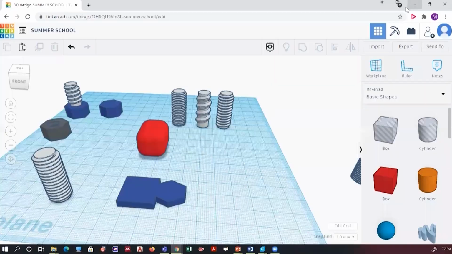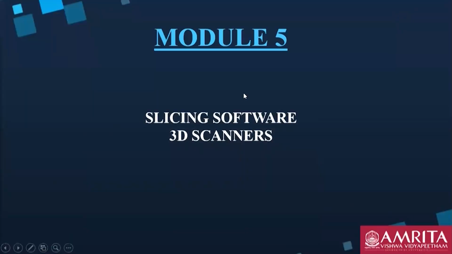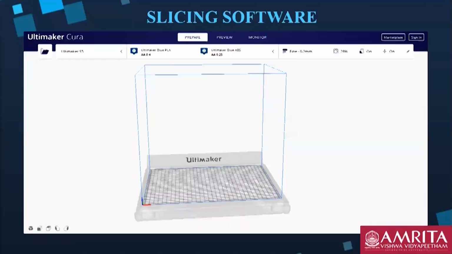Okay, now coming back to our slicing software. When I say slicing software, we will be talking about Ultimaker Cura. I will demonstrate one of the models which you prepared, that chess pawn, and how the slicing will happen in the software.